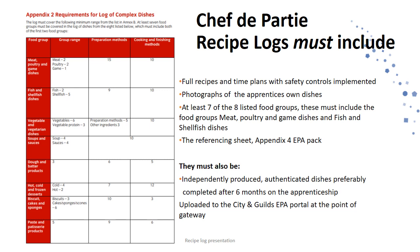So, what needs to be included for Chef de Partie? Well, there must be full recipes covering 7 of the 8 food groups. These must be of actual complex dishes. As well as a full recipe, there must be a time plan. This is not necessarily every minor detail, but a higher level one showing that the apprentice has produced the dish